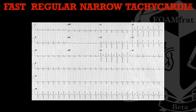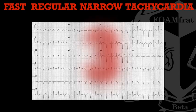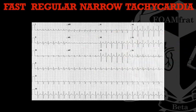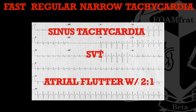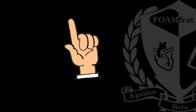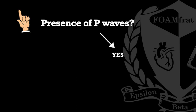And so, like I said, anytime I'm presented with a 12-lead that's fast, regular, and a narrow complex tachycardia, I know in my mind it can only be one of three things. And so those three things are sinus tachycardia, SVT, and atrial flutter with 2-to-1. Those are the only three things that it can be. And when I evaluate and try to tease out which one is which, the first thing I ask myself is, are there presence of P waves? If there are in this situation,